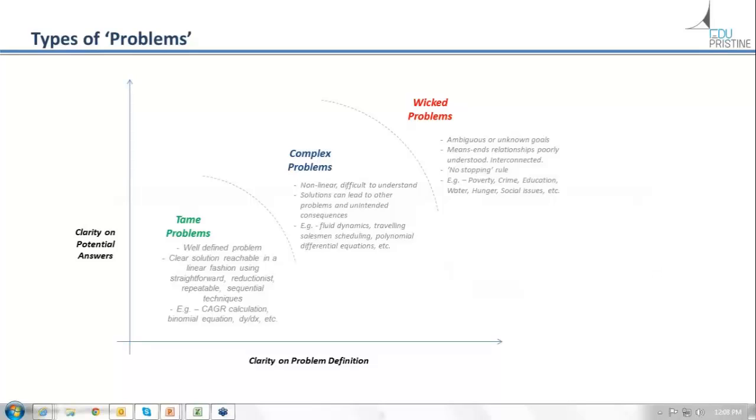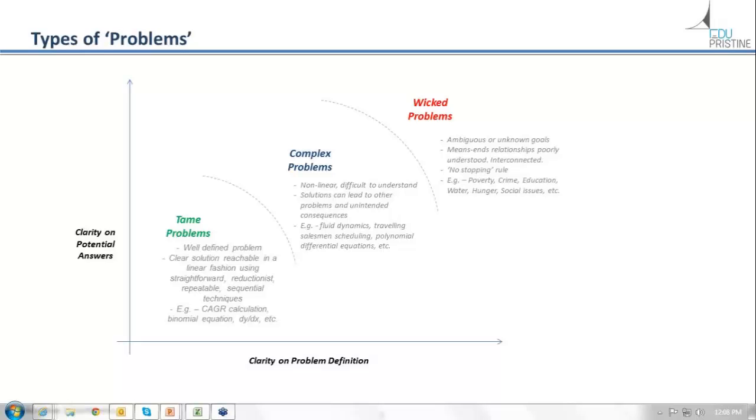If you're a mathematician, you might be dealing with binomial problems, solving linear equations, or even calculus. And those, believe it or not, calculus problems are also tame problems because there are specific solutions to a specific problem. There might be multiple solutions to some second degree or third degree calculus equations, but essentially what you're saying is that if it's a mathematical problem, there is always a solution.